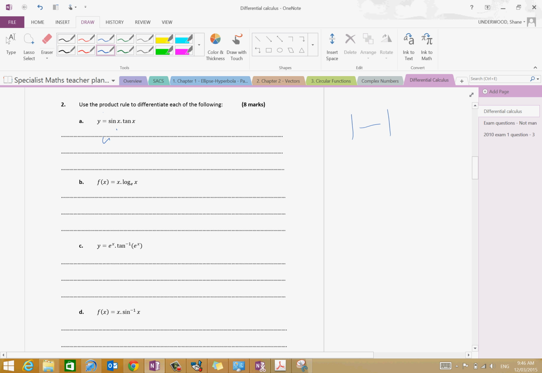Okay, u is equal to sine of x. v is equal to tan of x. u dash is equal to cos of x. And v dash is equal to sec squared of x, straight off your formula sheet. Now, one thing you'll notice is if you set it out like this, it's this times this plus this times this. So if I do that, therefore we can say that dy dx,